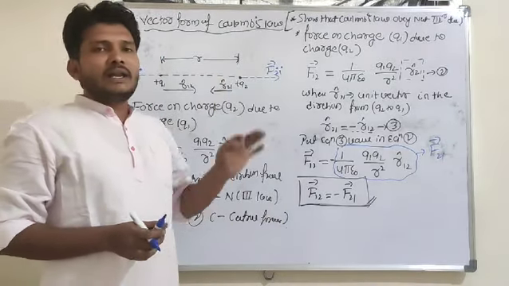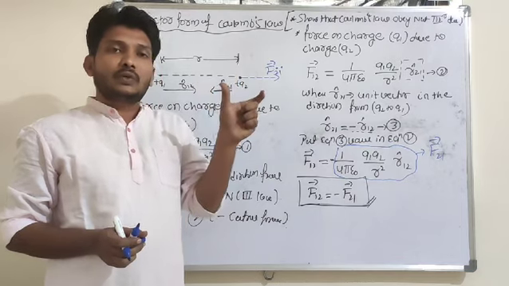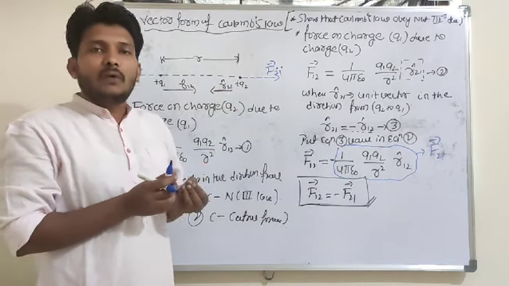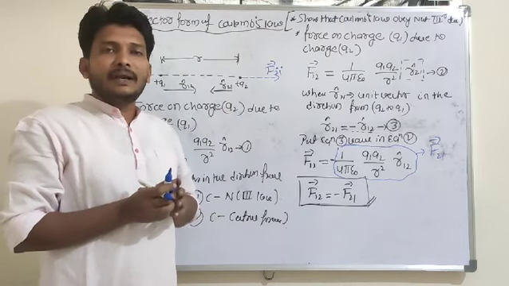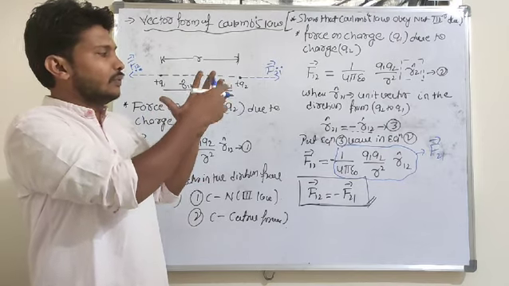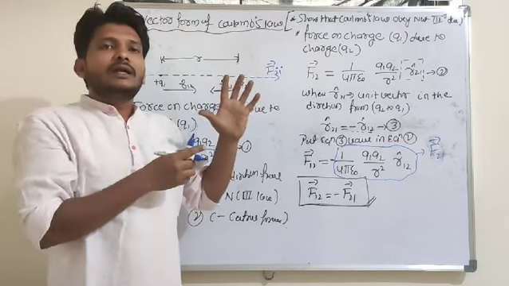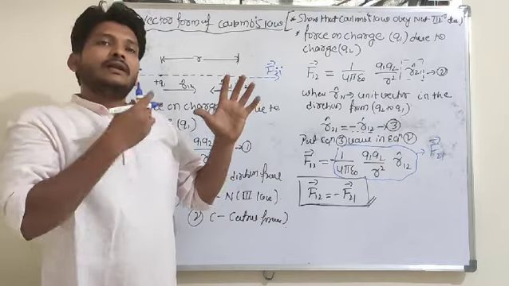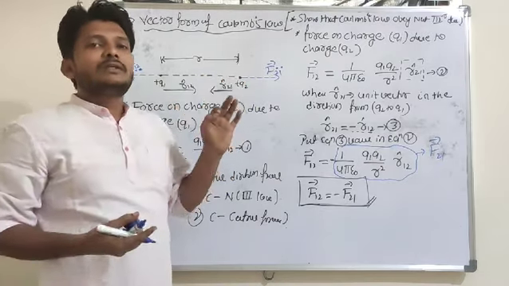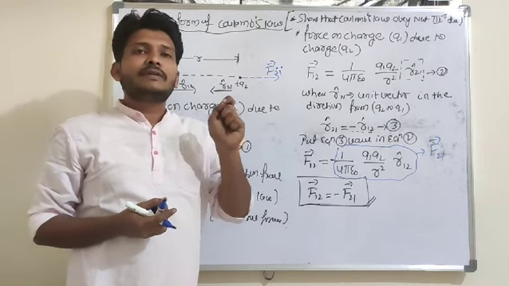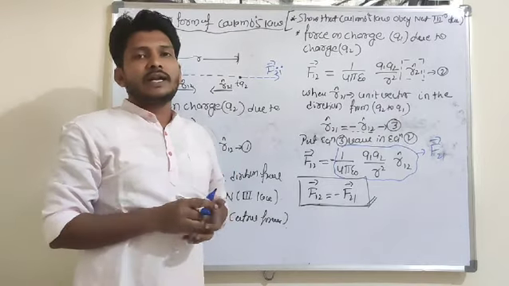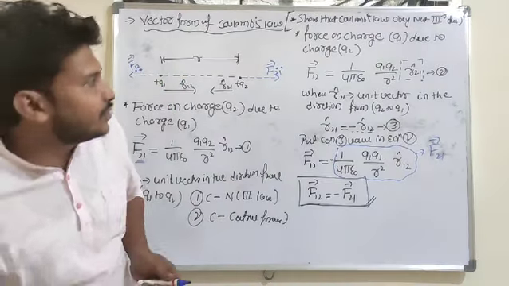In case of Coulomb's law, it explains only the force between two charges. But in all cases there may not be only two charges; there may be multiple charges. For example, this is charge q1, q2, q3, like that. A number of charges are there. Then how do we find the force on one charge due to the other charges here? In order to find the force between multiple charges, we need to understand the superposition principle. So let me explain what the superposition principle is here.